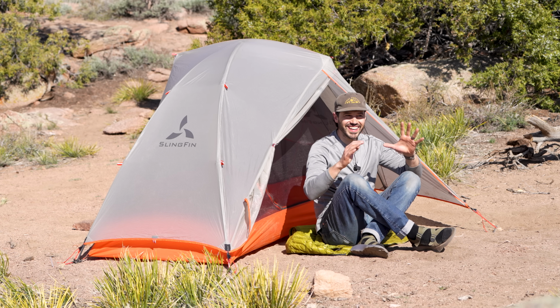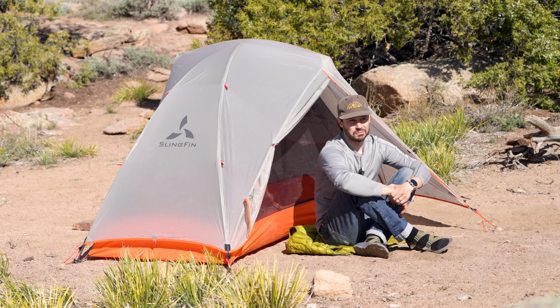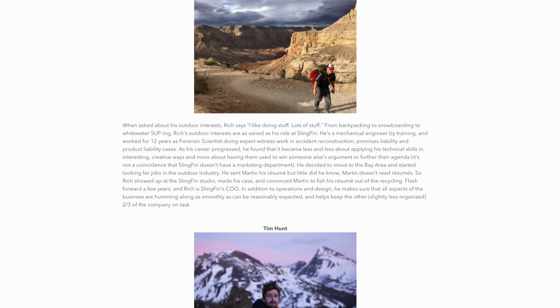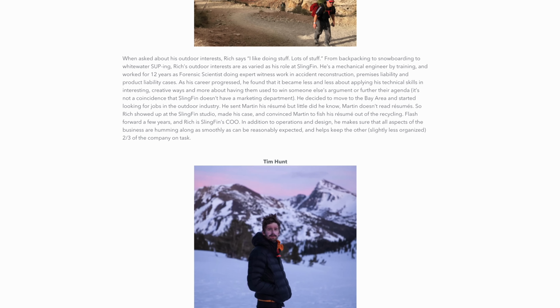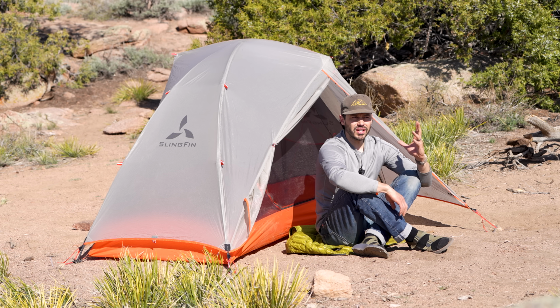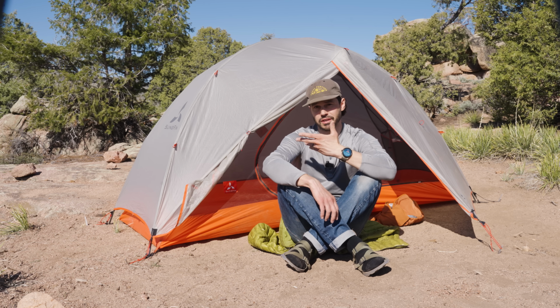Before getting my hands on this tent, I never really heard of SlingFin before, which consists of a team of just 3 in Berkeley, California. SlingFin was spearheaded by Martin Zemitis, who also co-founded Mountain Hardwear, and he crafted tents for Sierra Designs and the North Face. Following Columbia's acquisition of Mountain Hardwear, Martin embarked on his own journey, and that's where SlingFin